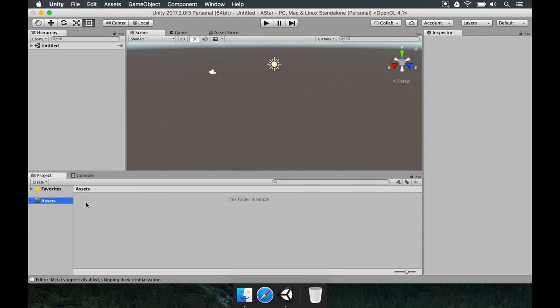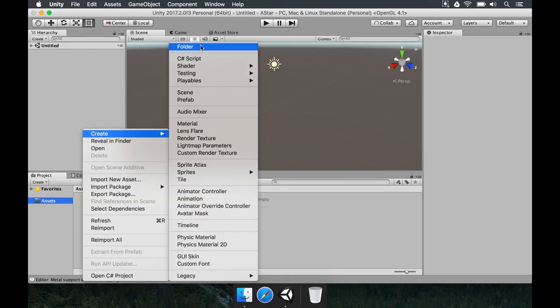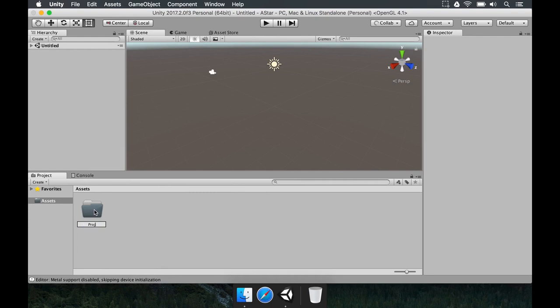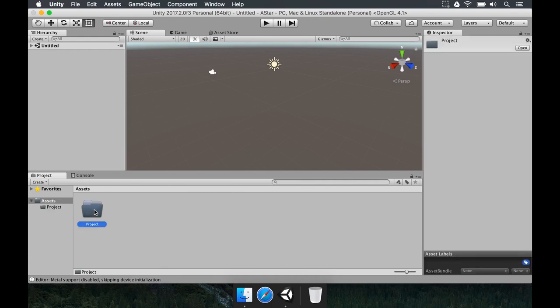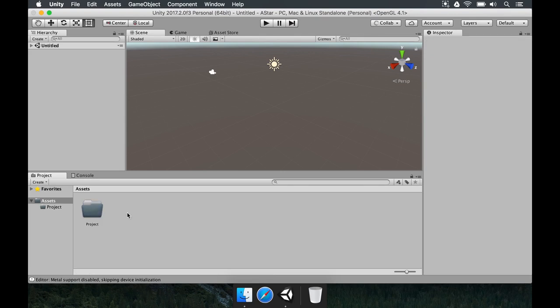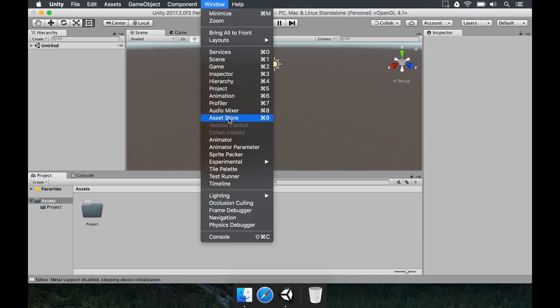Okay, so everything we make in this specific project is going to be here, but it's still interesting to make a folder here. So we're going to right click, create, and select folder and name this project. In the beginning, it seems like it doesn't make sense. Hey, we are working in our project and we're going to make a project folder. We already have an assets folder. Why do we do this? This is interesting because if you go to the asset store and you download a Unity package here, or you download something from the internet and you add it here,